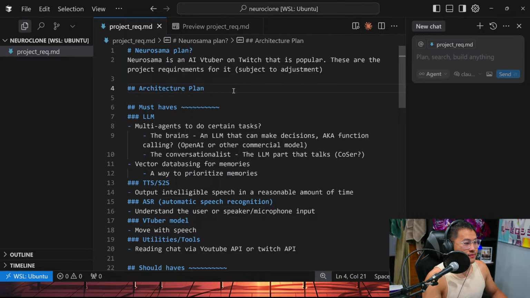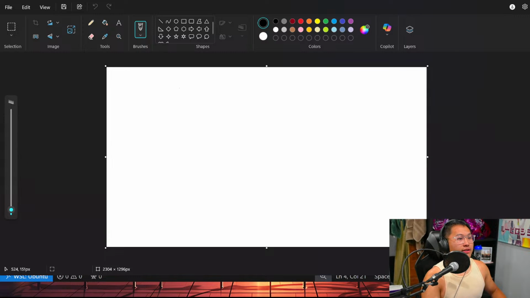Okay, so we're gonna whip out MS Paint, right? So this is kind of how I have it envisioned. We have kind of like a brain, or decision mechanism.